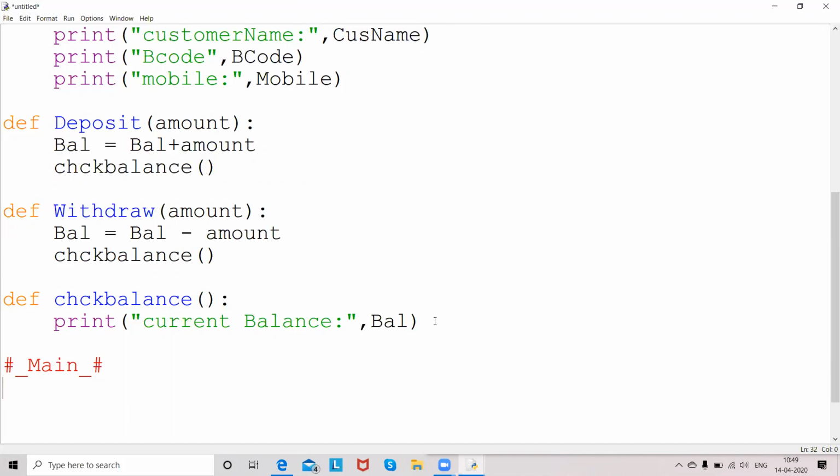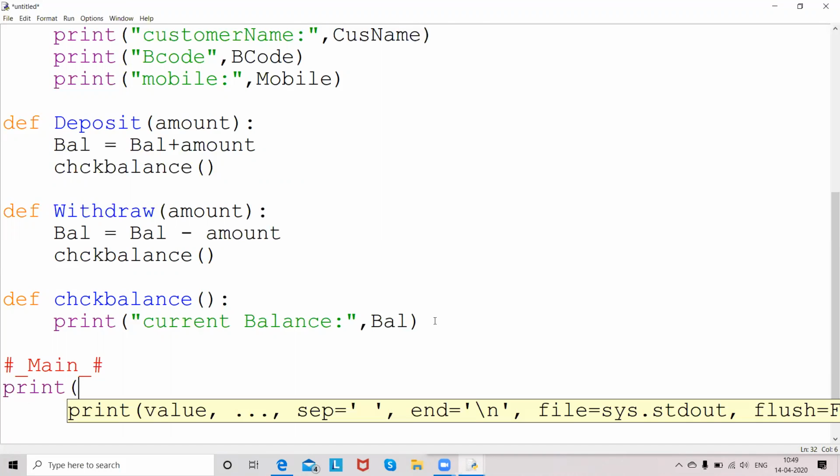like I wanted to give the user some options. So print, the first operation is create account. This is my first operation. Second operation will be, you can see the slash n means it goes to the new line. Second operation is a withdraw operation, followed by again slash n. Third, see, this is only to design my output, so I'm using slash n's.